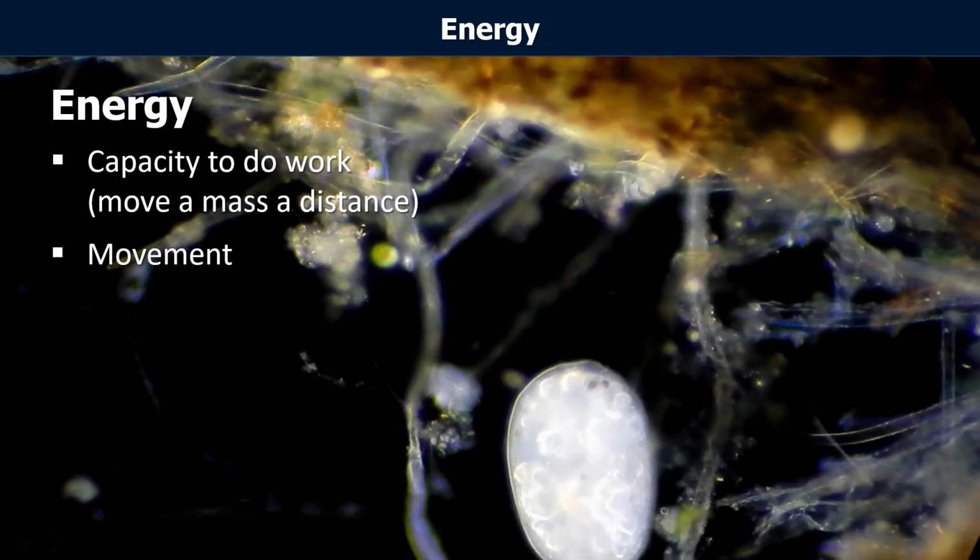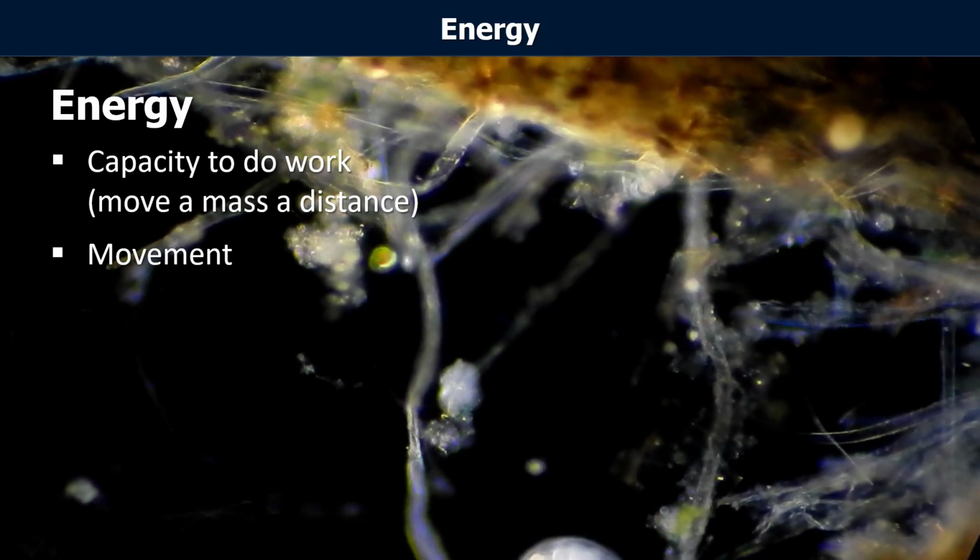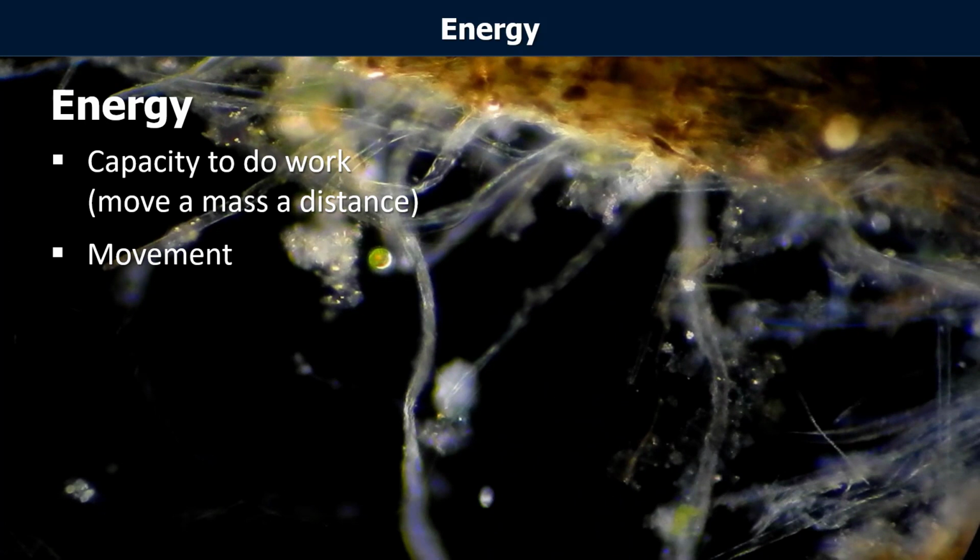The cell is moving around, and although the cell is tiny, it does have a mass, and so some energy must have been involved to get the cell to move. So flagella and cilia and pseudopods require energy because they ultimately move the cell around. Another type of energy at the cellular level and of life is active transport, which we've talked about in a